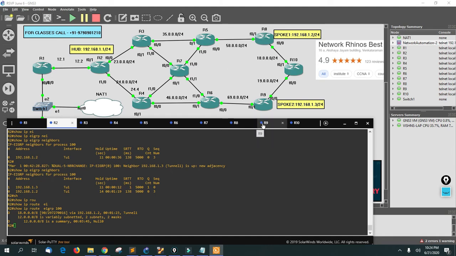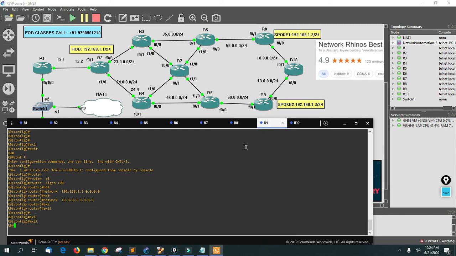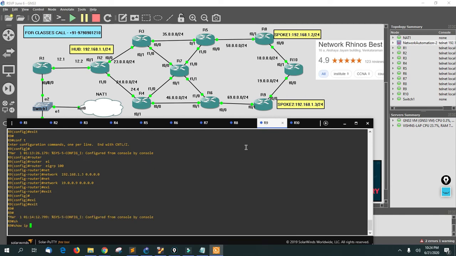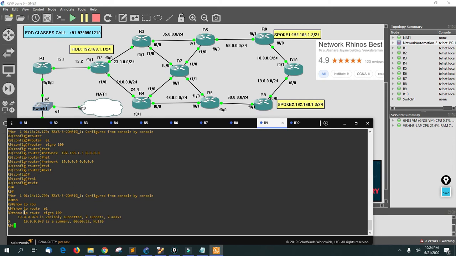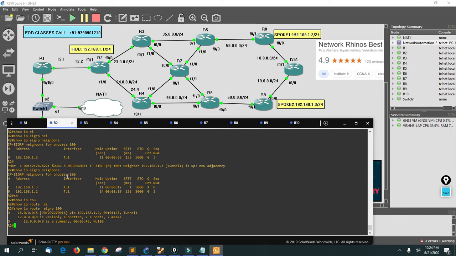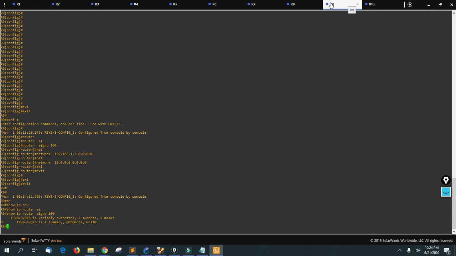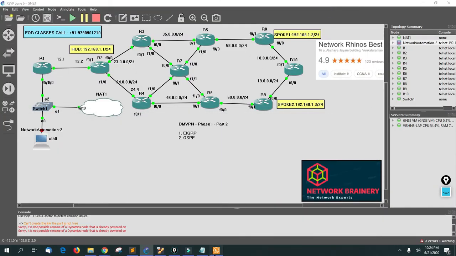Let me go and check R9 whether it is exchanging routes with R1 or not. Show IP route EIGRP 100. It says nothing. I'm not exchanging anything. Okay, this problem arises when you haven't configured something.